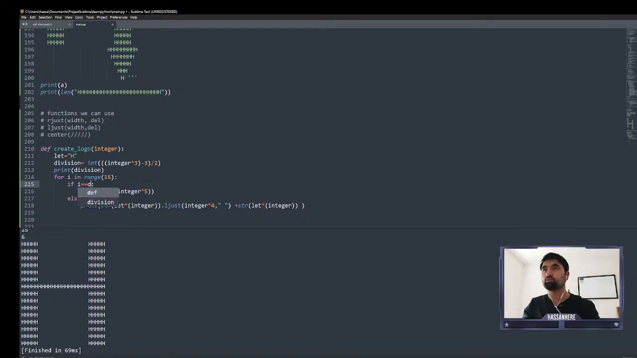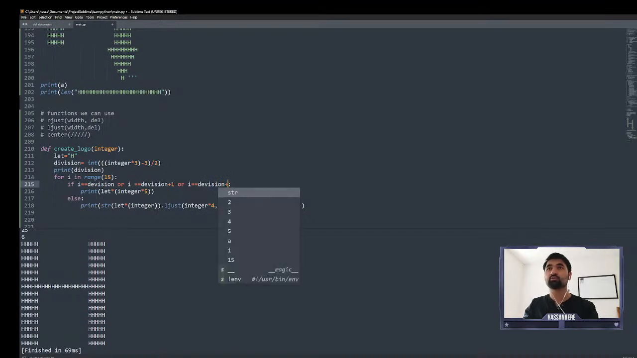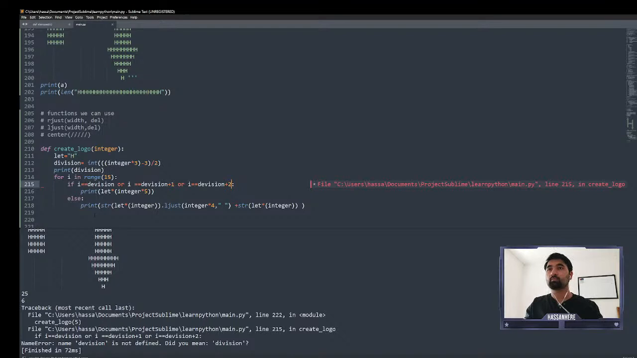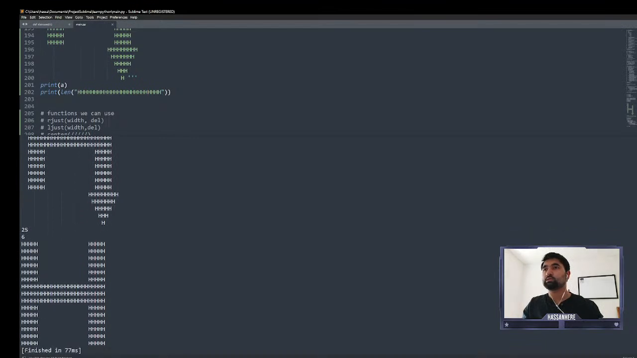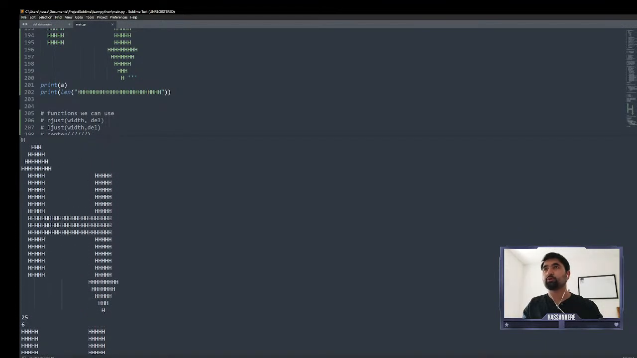If I is equal to division, division, or I equal, that is not the right thing to do, but I'm just trying to do it. Maybe it works, or kind of mistake on that. Division. Okay. Seems like it's the same thing, but we also need